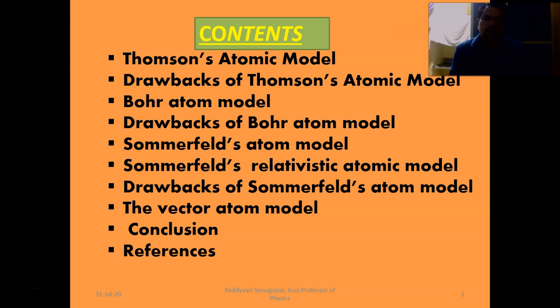This is the universal model which tells that the electron is spinning around itself, that is the spinning of the electron under spatial quantization. That means electrons revolve around the orbits, but the orientation of the orbit is also taken care of. The orbit cannot orient in all possible directions, but there are some predefined directions. In those directions only the orbit can orient. That is called spatial quantization. So these are the topics that we are going to discuss today.